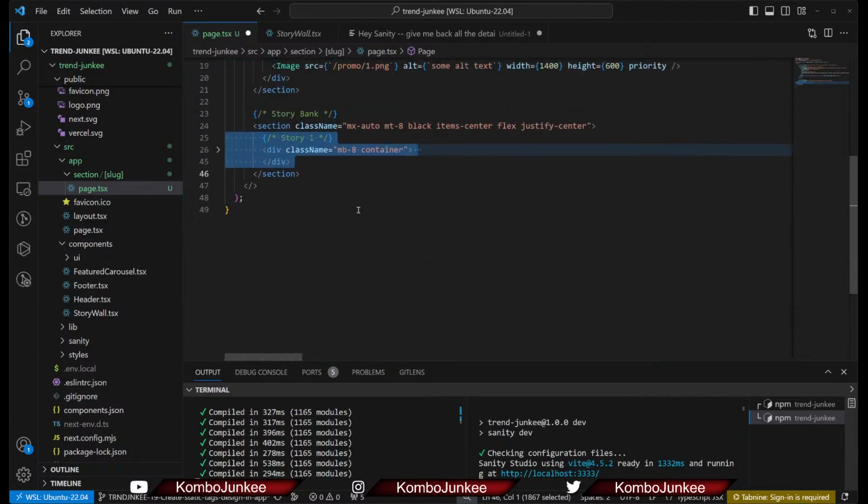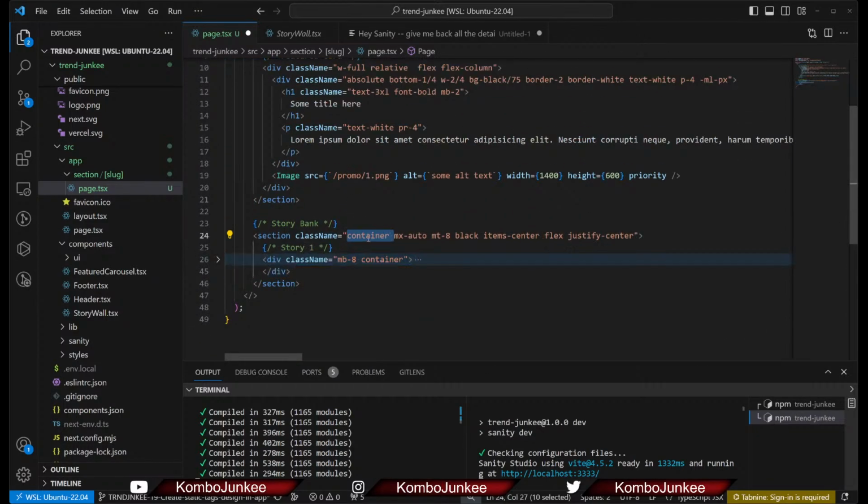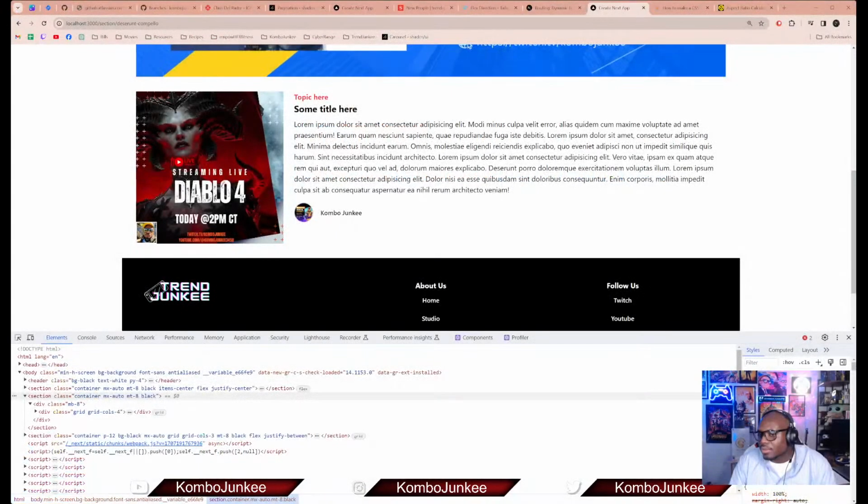So I'm gonna undo the two that I just wrote. I'm gonna get rid of that container rule I just added. We'll get rid of this MX auto as well. I think the only thing we need is our bottom margin. And then I'm gonna get rid of all of these flex rules. And now if we head back to the browser, we can see that our row still looks the same, but